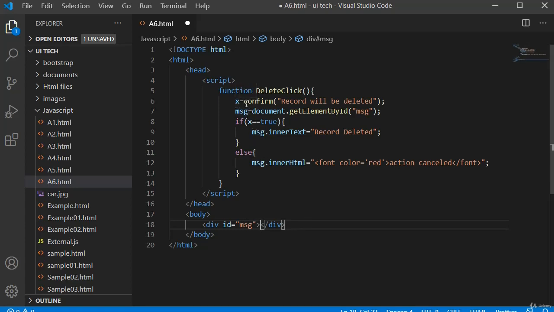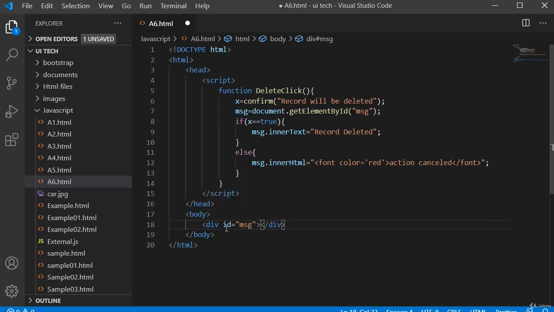If this x is returning true, I want to print msg.innerText is equal to record deleted. If I click on Cancel, it will return false to my x variable. If it is false, then our else code will be executed as msg.innerHTML, and action cancelled will be executed in our page.